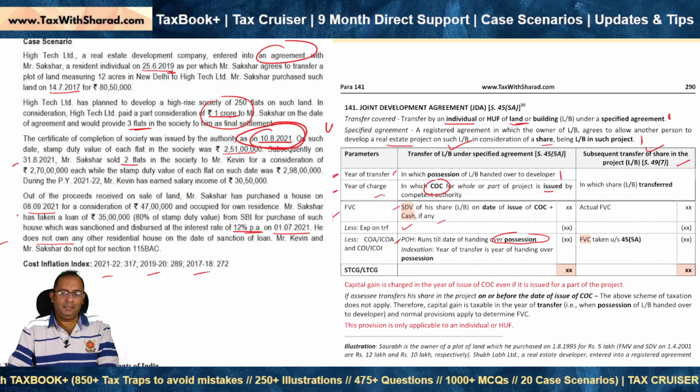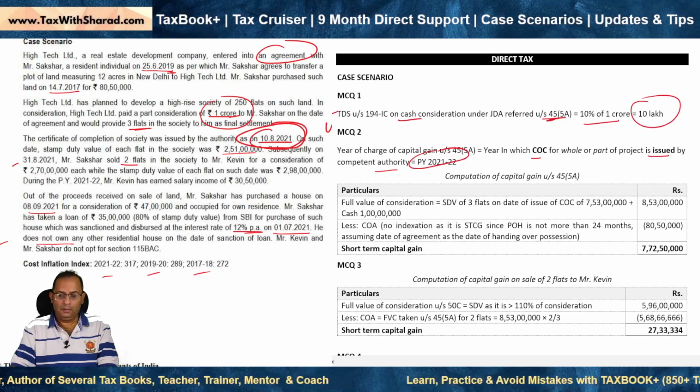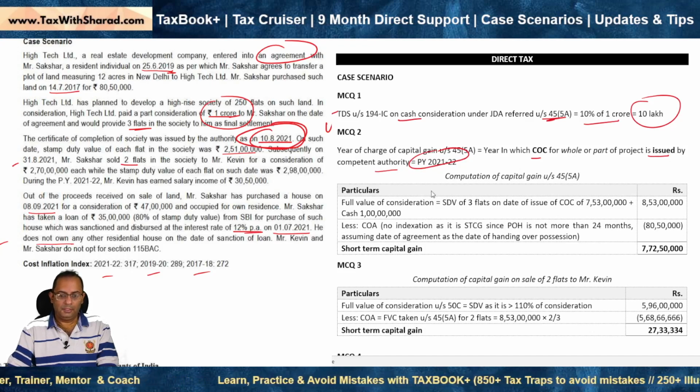While the capital gain is charged in the year of charge, the computation is made in the context of year of transfer. So period of holding runs from the date of purchase of land till the date of handing over of possession, which we have discussed just now is the year in which the agreement has been entered into in absence of any further information. And then consequently we arrive at short-term capital gain or long-term capital gain. So let's look at our question and see what will happen.